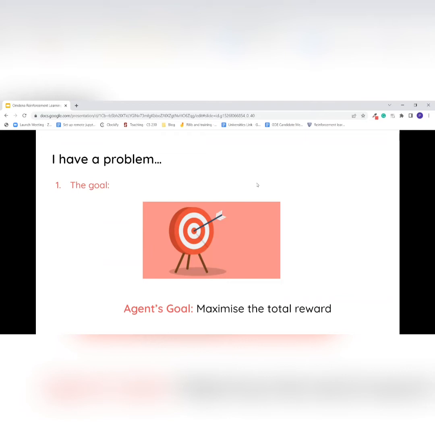Do we want our car to go from the pickup place to the drop-off place in the minimum number of steps, while keeping the passenger safe? Or do we want our drone to go and pick up, let's say, a very dangerous object, like explosive objects, from a certain position and do that with care? So we really need first to define our goal and see how to transform that into what the agent can understand, meaning